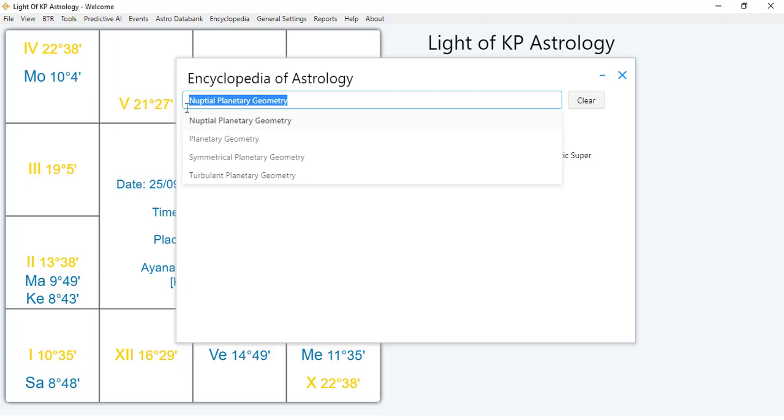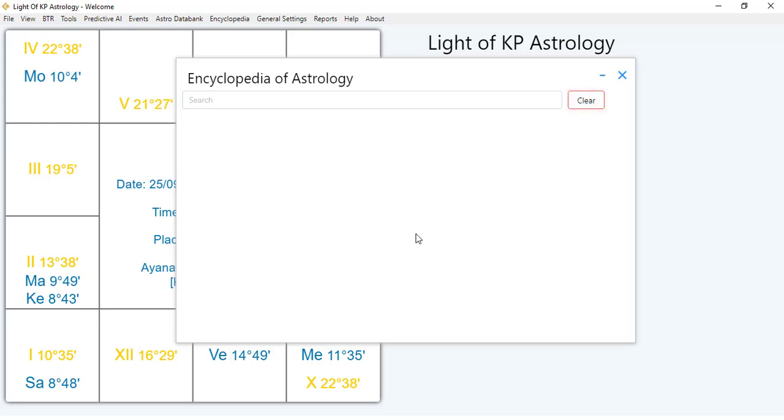Encyclopedia of Astrology, as I said, my friend, if you press the clear button now, everything goes away. So it's a simple looking tool, but don't get fooled by the simple look, my friend. Behind the simple look, there is an ocean where you can spend hours and hours of your day just learning and learning. So LOKPA, as I said right at the beginning of my video 1, is your astrological assistant, and